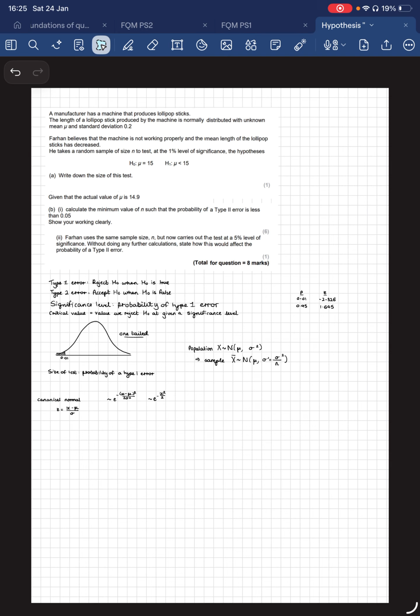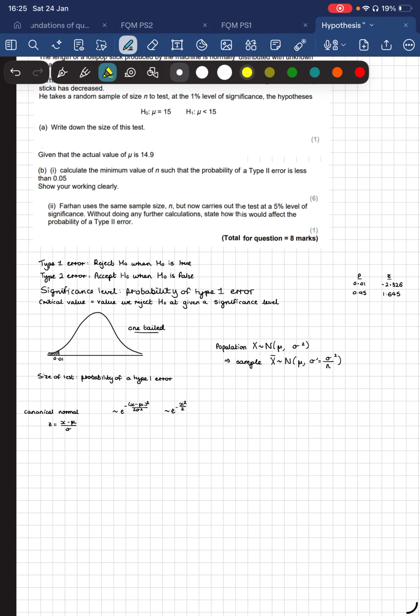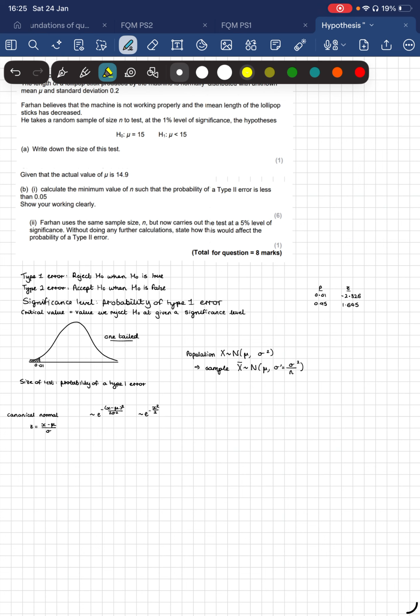The hypothesis H0 is that mu is equal to 15 and H1 is that mu is less than 15. And then we've got 3 questions to answer. So before we go through the question, we'll go through a little bit of stuff to do with normal distributions and hypothesis testing. In general, the whole point of a hypothesis test is that we posit some fact